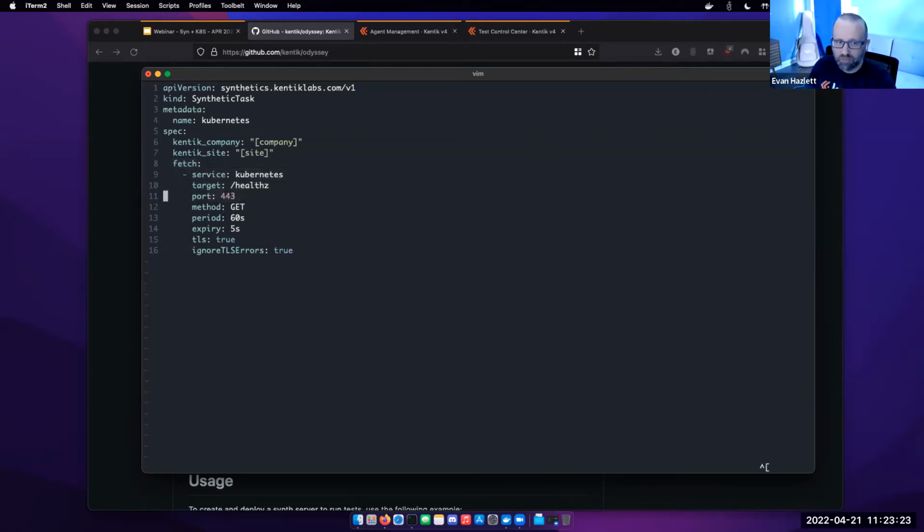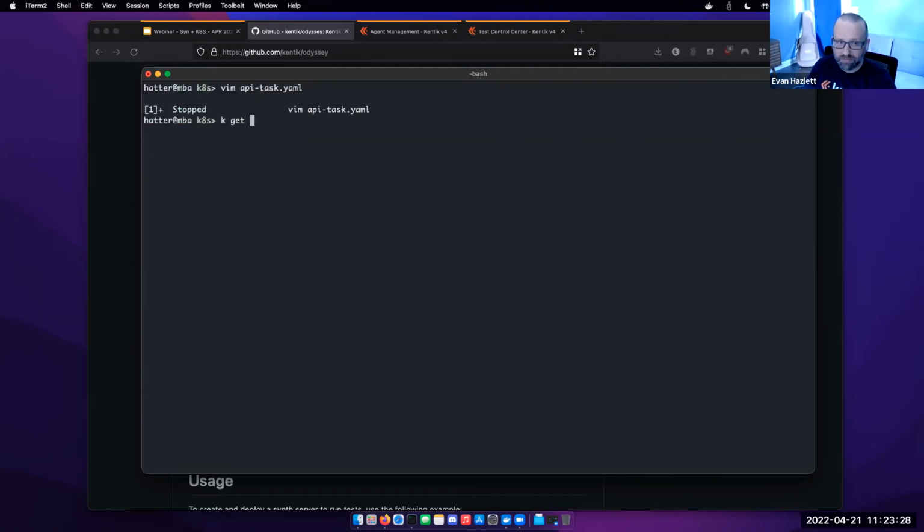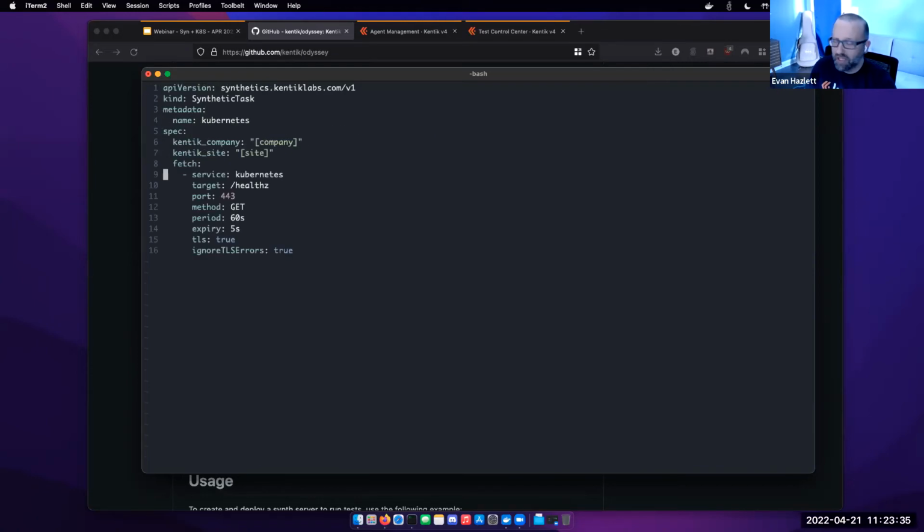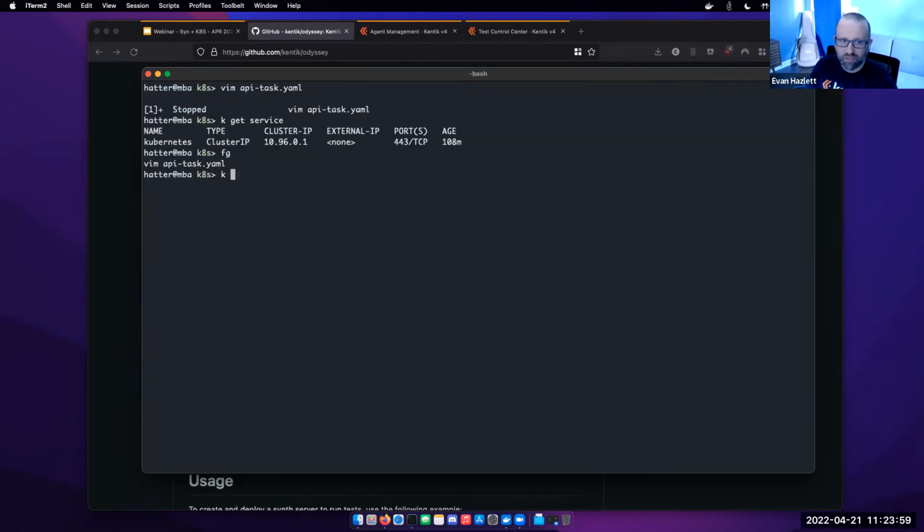And then we're going to do a simple HTTP GET here. So we're going to specify the service. If we take a look, by default, you get a service that is just the Kubernetes service inside a Kubernetes cluster. This allows you to query the Kubernetes API. So we're going to target that service. We're going to tell it to hit the healthz endpoint, which is just a built-in health check for the Kubernetes service, on port 443 using a GET every 60 seconds with a timeout of 5. Since it is using TLS, we're going to turn that on, and it's self-signed, so we're going to say ignore the TLS errors. So if we just apply this,